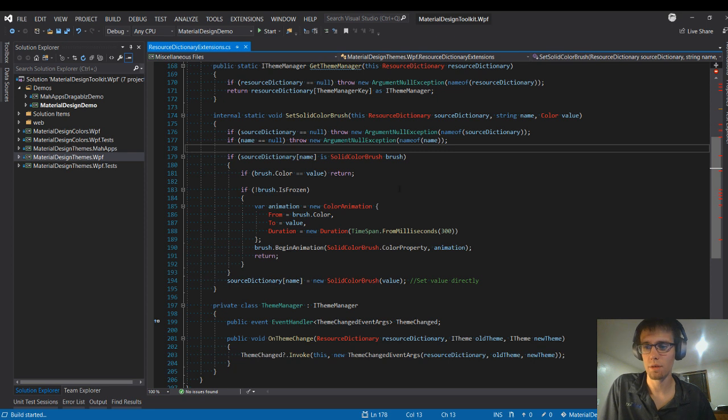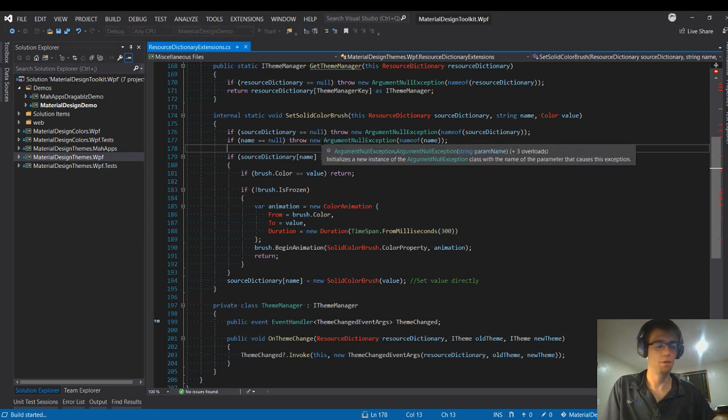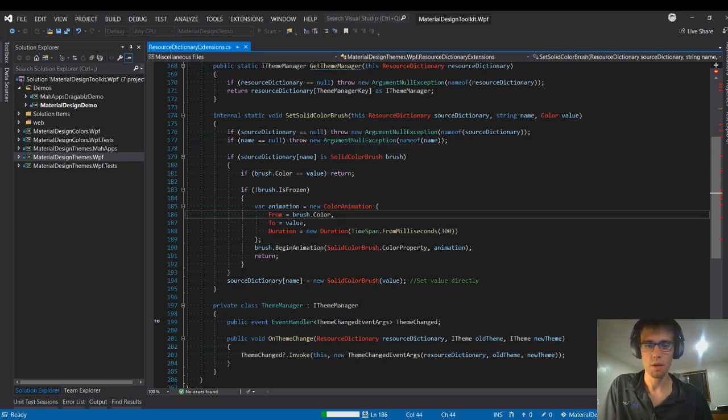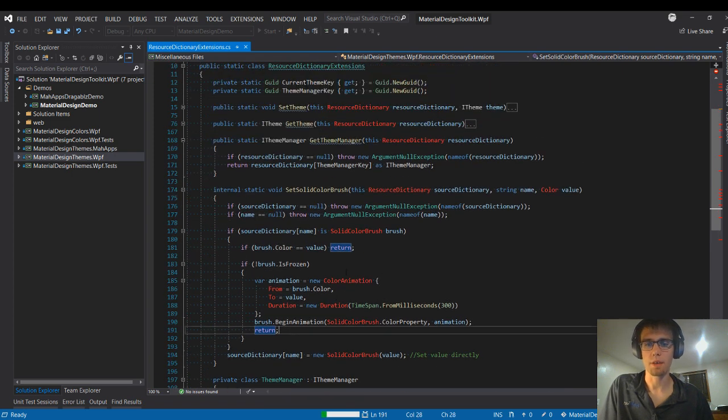Okay, and I see a lot of red, but I think this is just sharper red. So I think a recompile and we should be good to go. Grab beverage of choice while we wait for the whole solution to compile. This guy is going to take itself for a minute. So while it's thinking about what it's done, let's go through and look at this